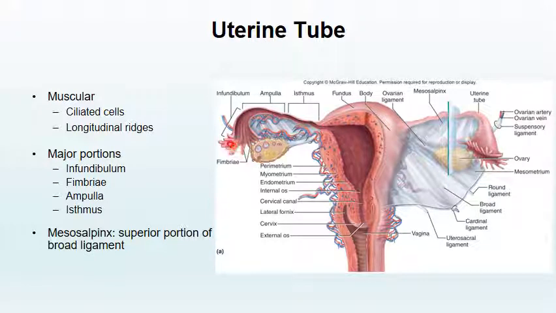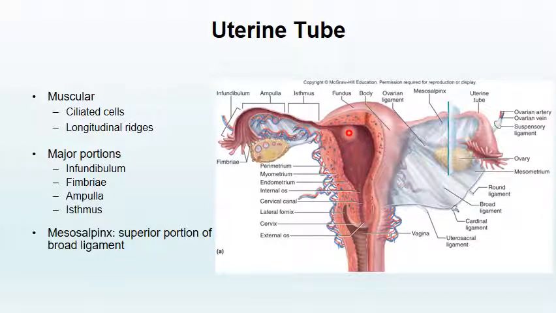From there, it'll move into the infundibulum. So this is the infundibulum. It's this flared piece at the distal end of the uterine tube. That is going to narrow into the ampulla. So this structure would be the ampulla here. It's the middle region. And then the isthmus is our narrowest region that's going to connect the uterine